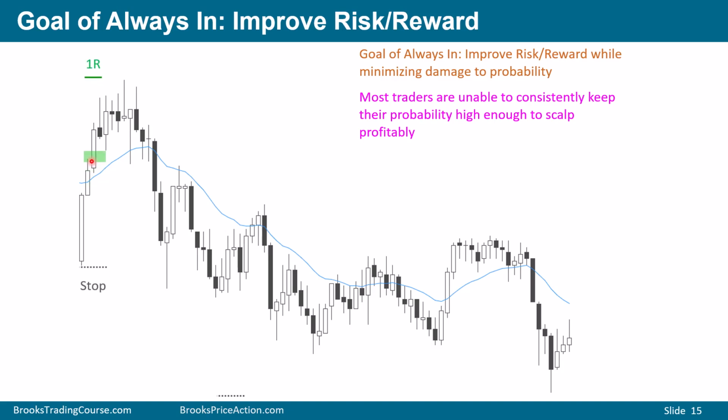Bulls, they buy the close and they go for 1R. Bears, they sell below this bar, stop above, and you can see if they stayed short, they would have made 3 times the risk. Reversal from the moving average, 2 legs up and an overall bear sell-off. Bears can sell, and they almost made twice the risk. If they held for a second leg, they would have made twice the risk. Bulls, they can buy, they get out here, so they probably get out near break even. And then bulls, if they buy there, they probably make 1 or 2 times the risk.